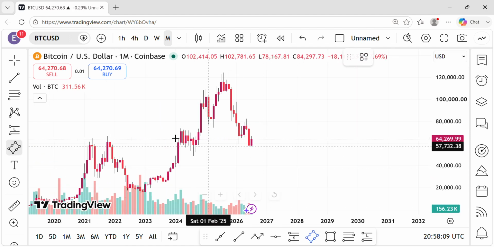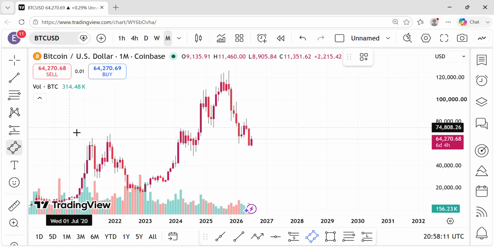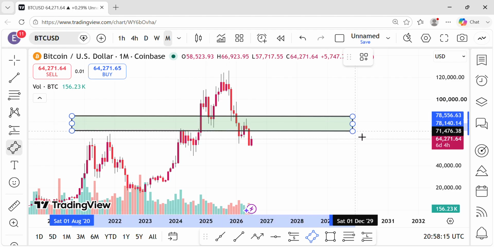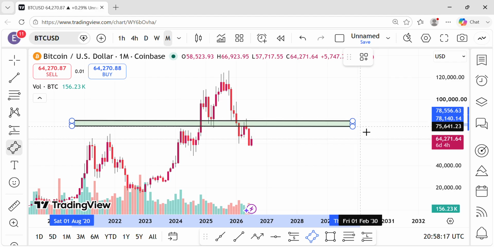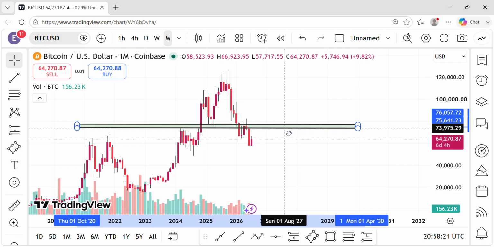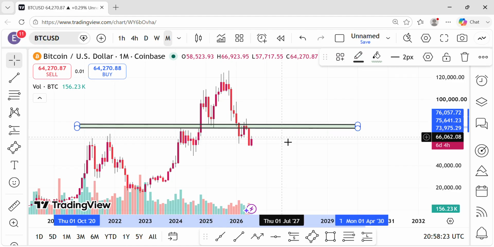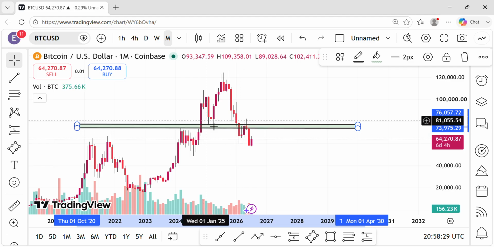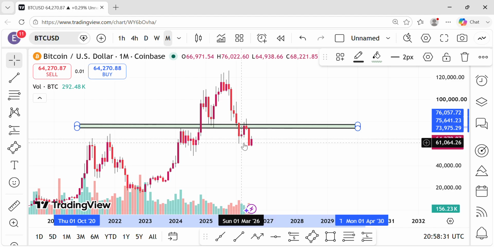if we map out our level, for example, like this. Okay, so if we map out our level, we can see that we have breached this previous low and we tested it, and now we are pointing downwards. Now